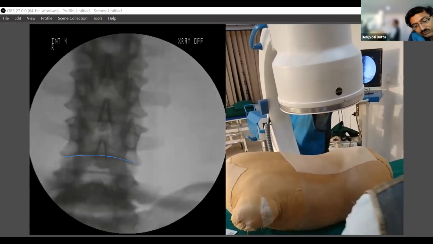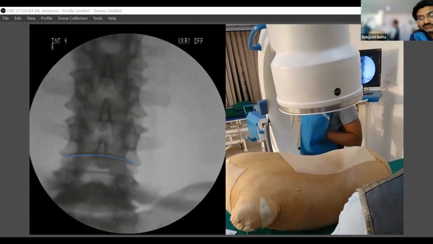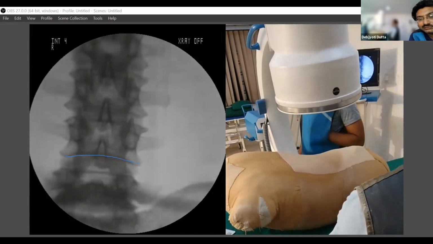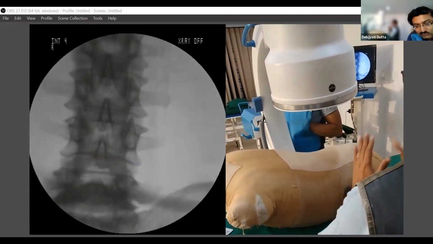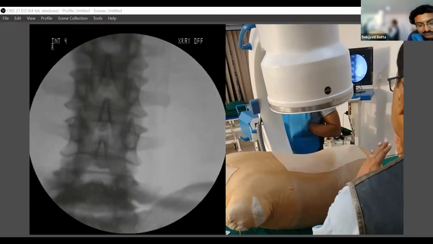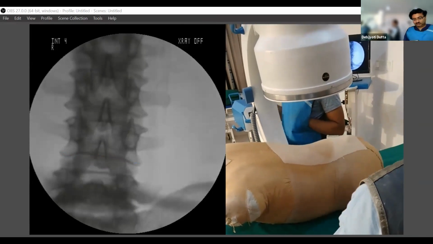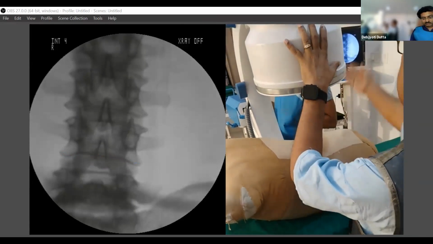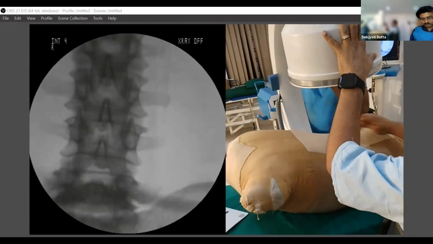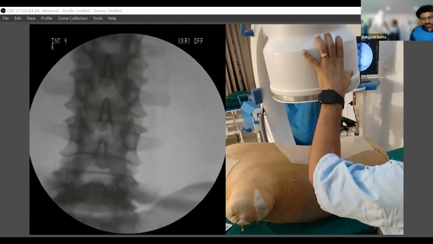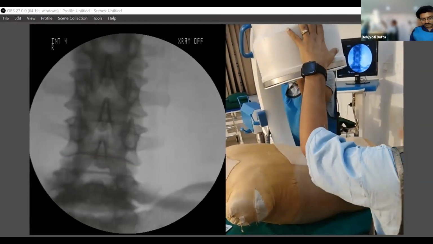So these are the basic steps. So for any lumbosacral procedures, these are the steps you need to follow. A true AP view, then make a craniocaudal tilt to make the end plate square. This is called squaring of the vertebral body. And then you have to make the ipsilateral oblique. If I am doing the procedure from the right side, I have to make it oblique on the same side, on the right side. Picture.